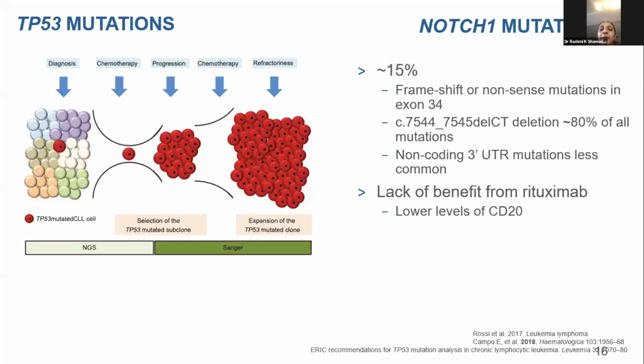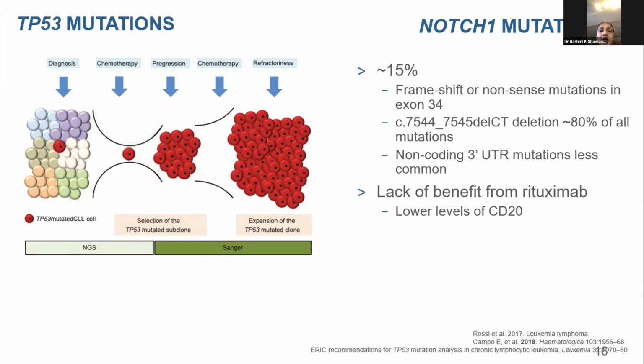And for that reason, even now, the standard recommendation is to do Sanger sequencing for TP53, even though we pretty much know the sensitivity of Sanger is 10 to 20% VAF. So anything below that, we will miss it. So obviously at baseline, if we use Sanger sequencing, the TP53 mutations will not be picked up. So pretty much NGS is the only technology that allows this detection.